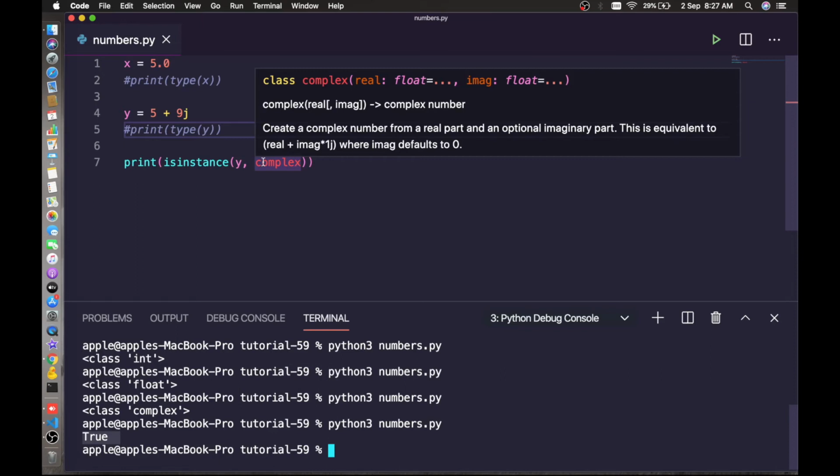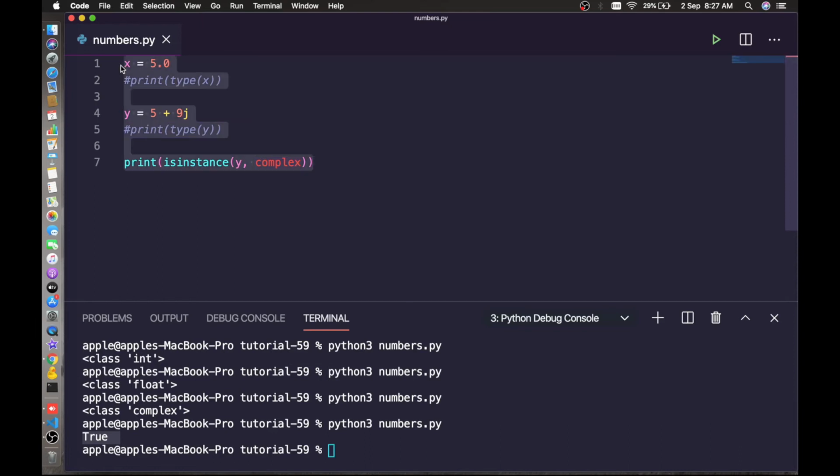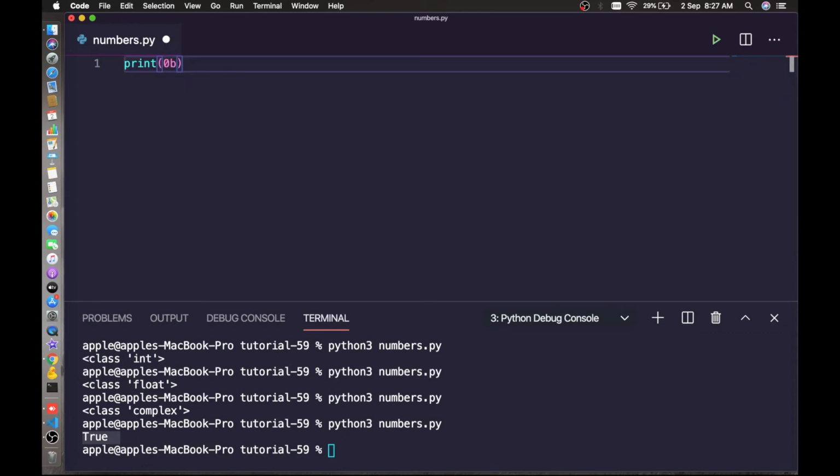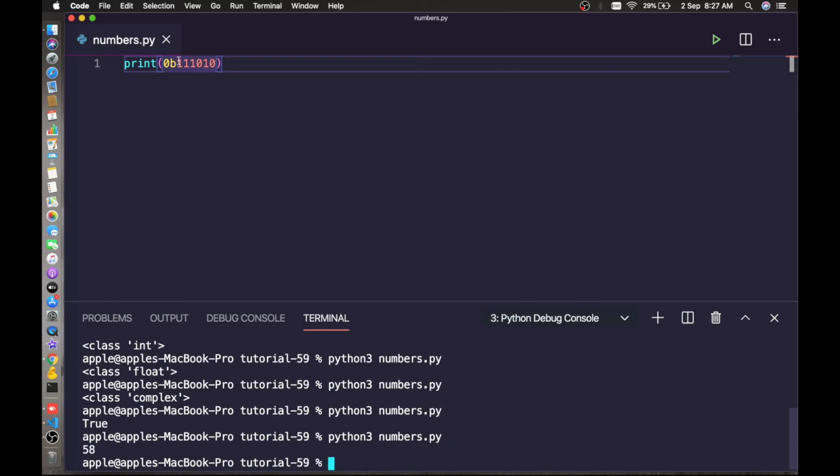Let's see the example here. Let's print 0b for binary, and we can print the binary number value. Suppose 11111010. Guess what the number is here? Let's print this. Yes, this is 250. Similarly, we can place 0o for an octal number.